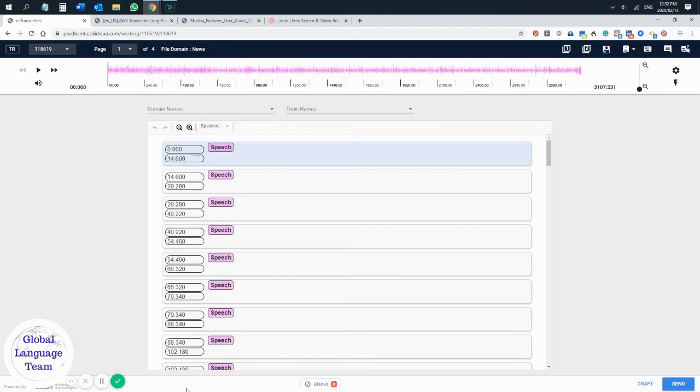Right, so now I would like to show you how to do a split segment. You would split a segment when there is more than one person speaking within the same 15 seconds. What you would do is tap speech, select your segment type, insert a speaker, and then tap the text of the first speaker. Just before the second speaker starts talking, you stop the audio, press Shift Enter, and it will split the segment